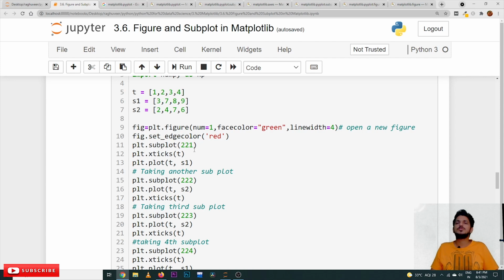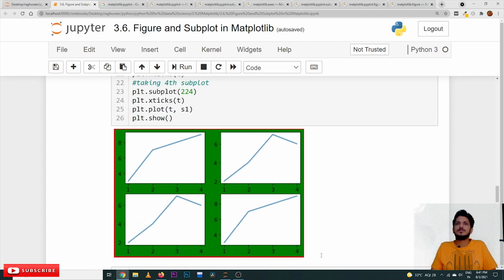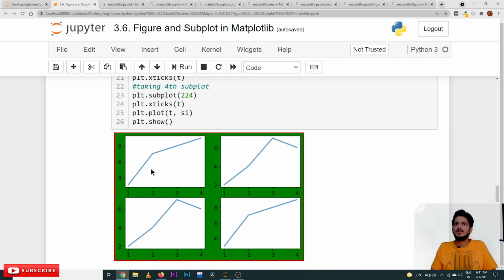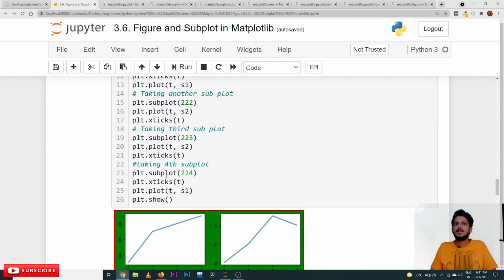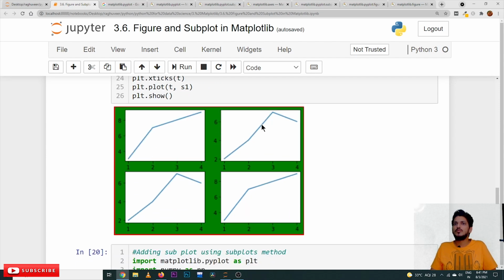So 2 by 2 means a total of 4 figures, 4 axes, 4 subplots can be added. So we are showing all 4 subplots in the same figure. This is the first position, this is the second figure, third figure, fourth figure. You just mention plt.subplot(2,2,4) means this is the one, and (2,2,2) means this is the one, 1, 2 and 3, third option.